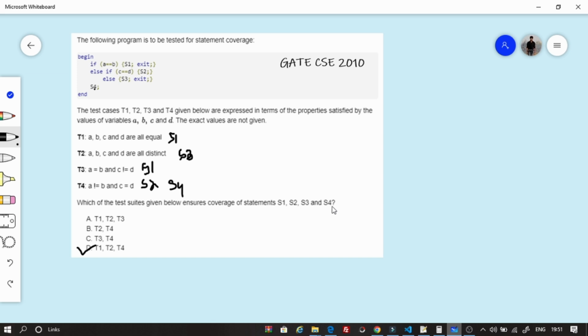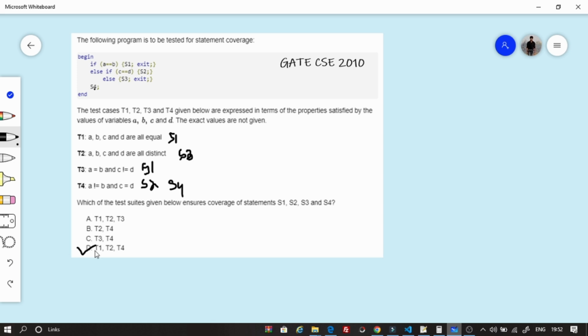Suppose we are looking for an alternative of this. Because this T4 is covering S2 and S4, we don't have any other option to cover S2 or S4. And for covering S3 we have test case 2, but for S1 we have two test cases, T1 and T3.